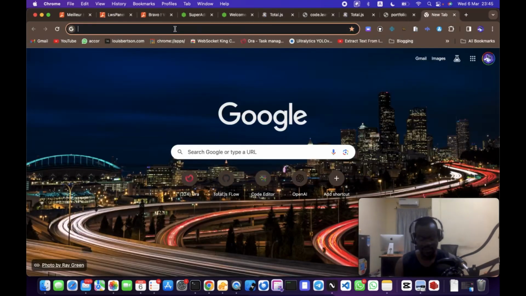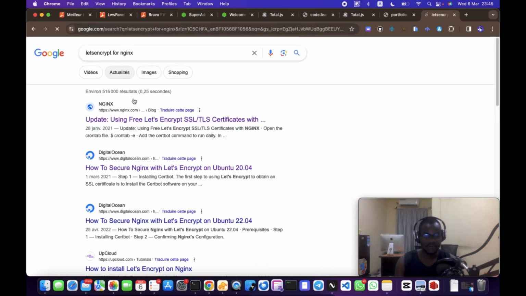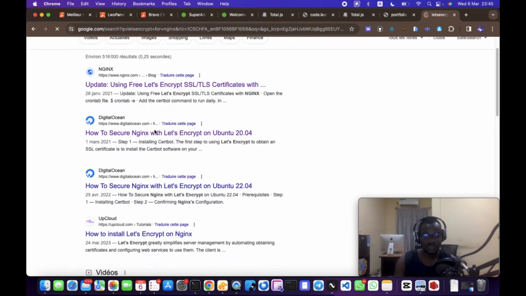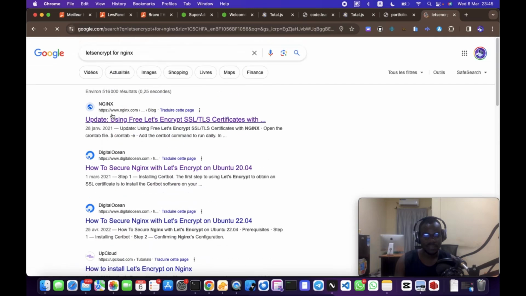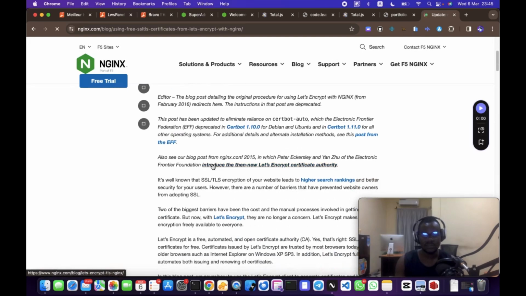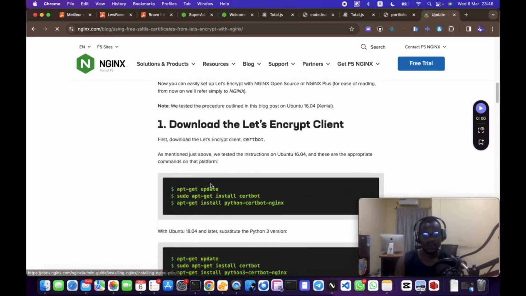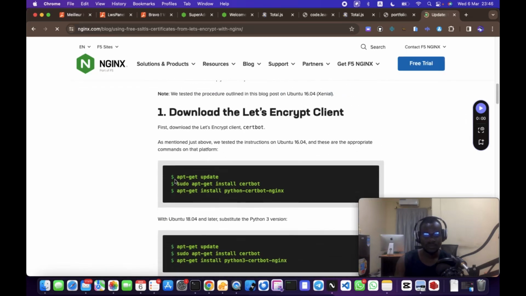How to do that? It is Let's Encrypt. For Nginx, you can just check it on the internet like this: Let's Encrypt for Nginx. You can find some tutorials for it. I'm going to pick this one from nginx.com. Basically it is the official way of doing that, but if you take the tutorial of DigitalOcean too, it is also good. Now we just need to perform these